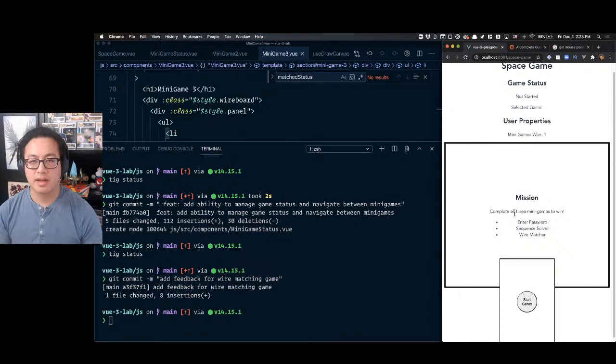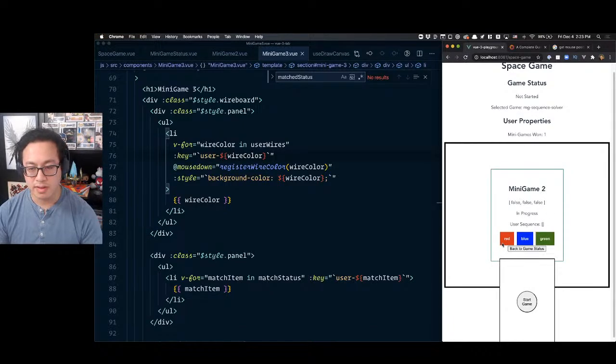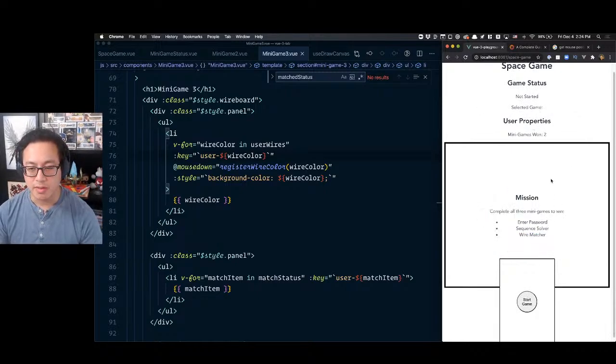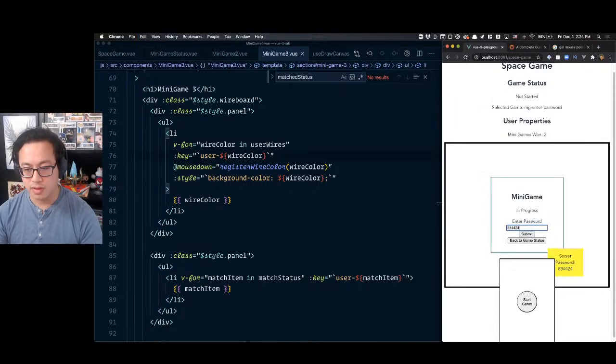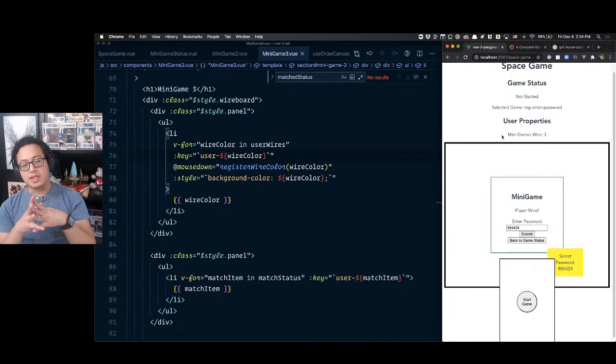And the key thing here is that, a couple other things logistically speaking, is once they solve all three, so as we can see here, red, blue, green, wrong, red, blue, green, red. Blue, green, red was good, so that one, great. Then we go back and we say enter password and 884424, submit. So once it hits 3, what we want is to basically go like, huzzah, you've won. We want some sort of like,